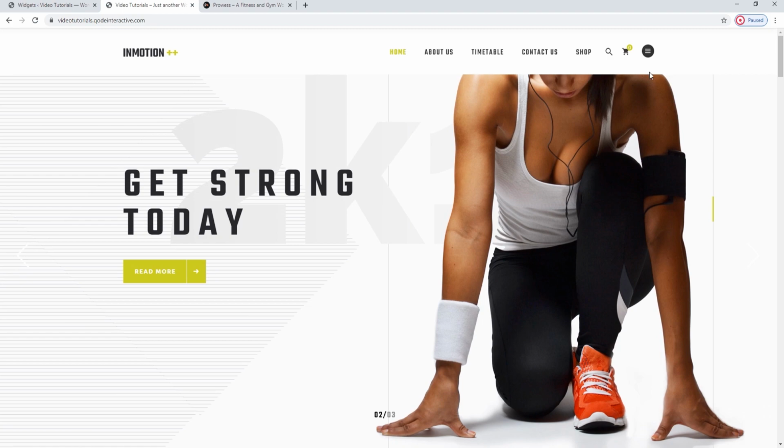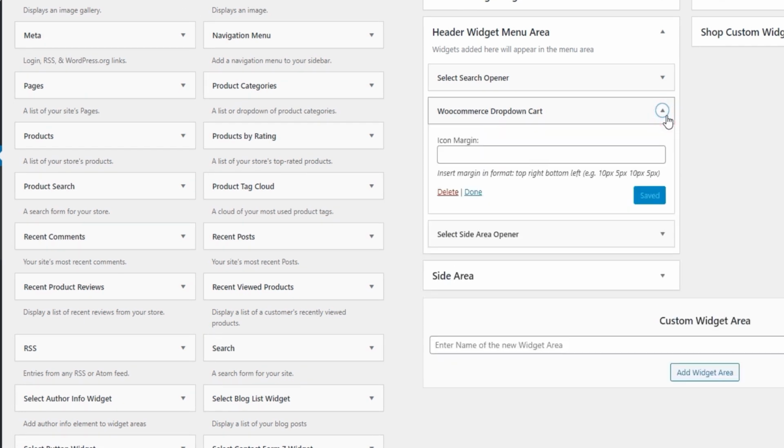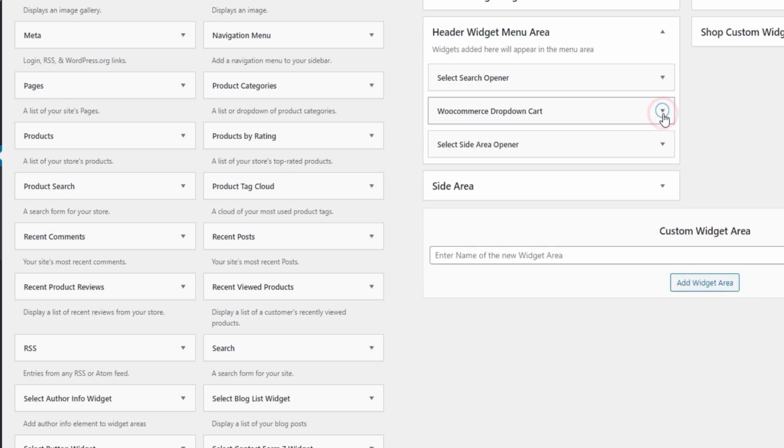The second widget you can see is a shopping cart. When you go to the settings in the dashboard, you'll see its options are in the drop-down cart widget panel. Here we can only change the cart's margins. We suggest you keep this widget if you're planning to add an online shop to your website.